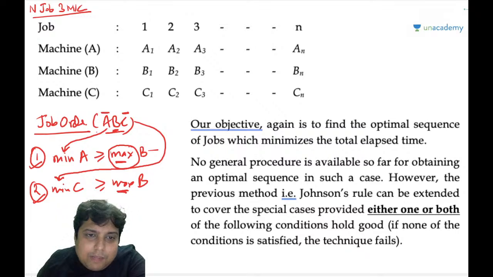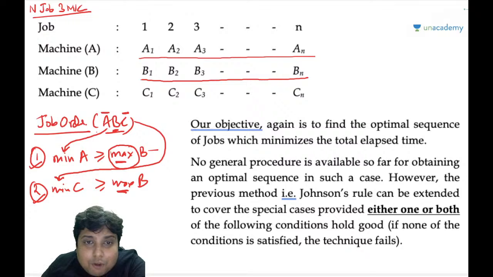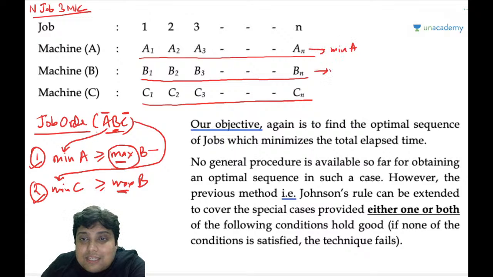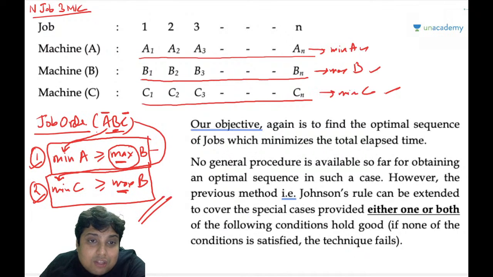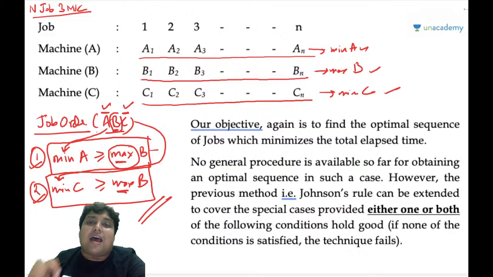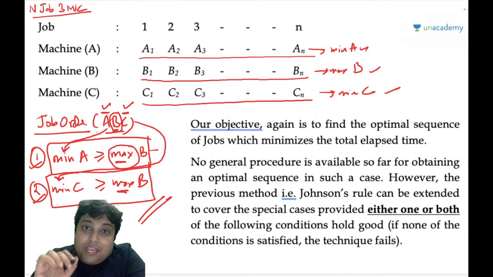Just wait. What is minimum A, maximum B? I will look at all the processing times of machine A for all the jobs, all the processing times of machine B, and all the processing times of machine C, and then I will select the minimum from A, the maximum from B, and the minimum from C. The two conditions are that minimum of A should be greater than or equal to maximum of B, and minimum of C should be greater than or equal to maximum of B. The machines on the right and the left, their minimum value must be greater than or equal to the maximum value of the center machine. Even if only one of the conditions is satisfied, it is not necessary that both hold,